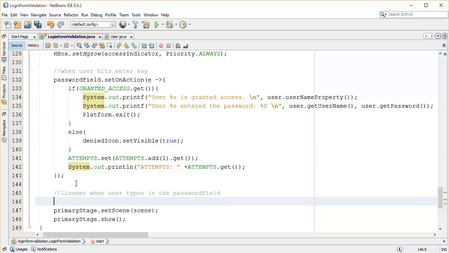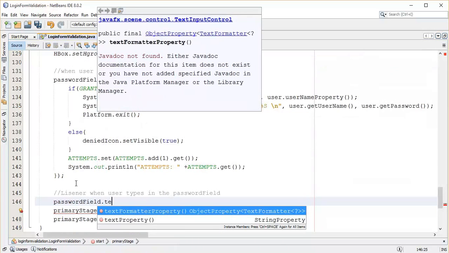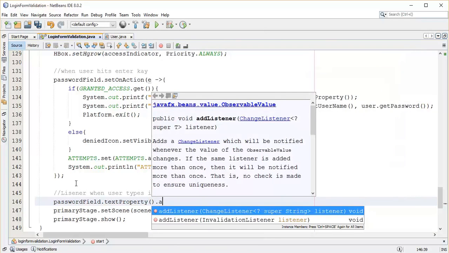To do that, we are going to use the password field dot text property and add listener, so dot add listener,